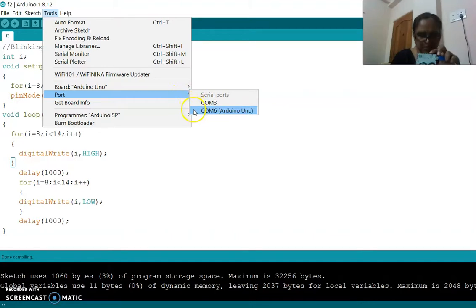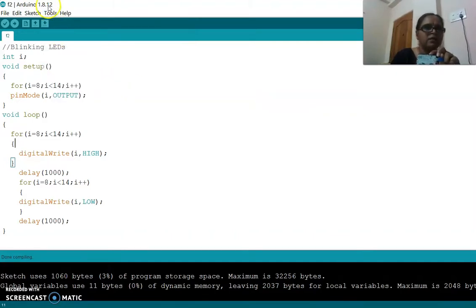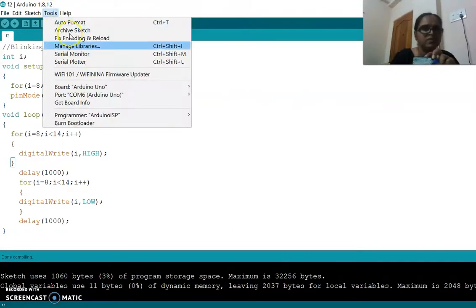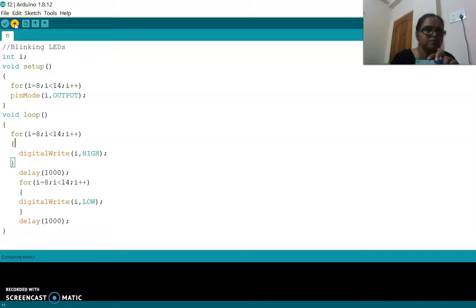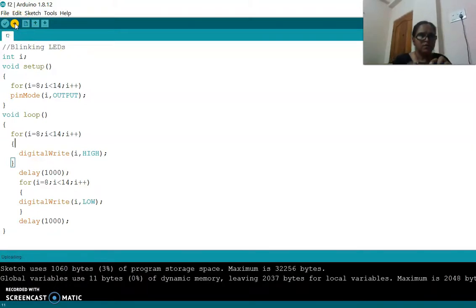You have to select that. Then once more we will check the board is connected. Now it is connected. Then do the uploading. Done upload. So this is the code.